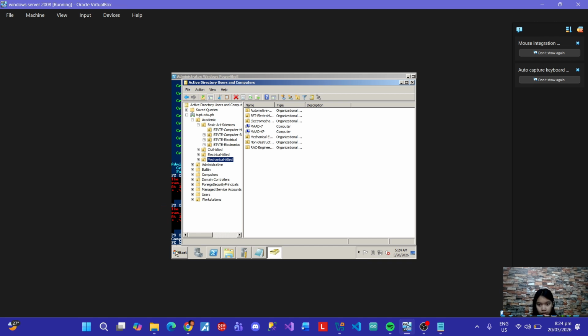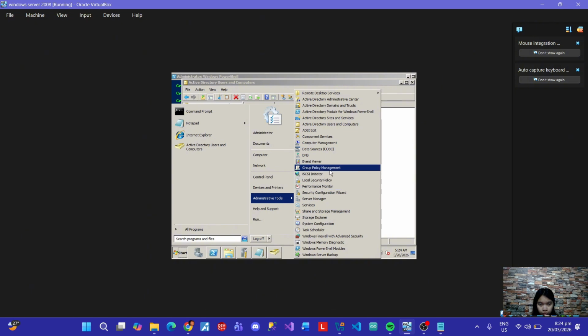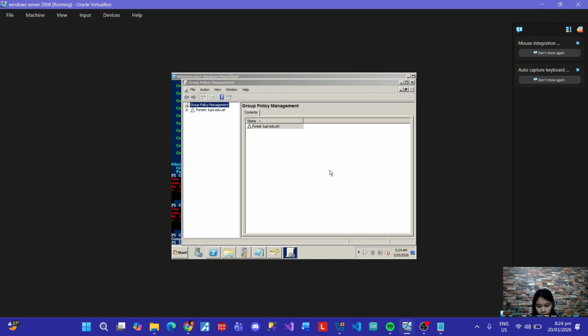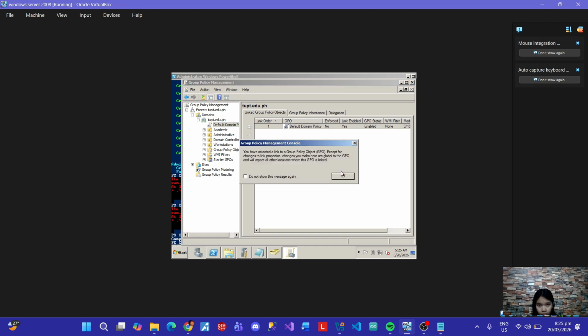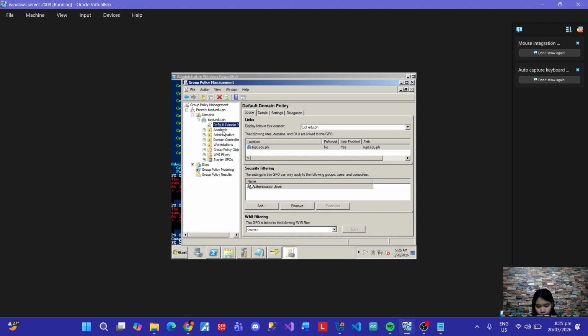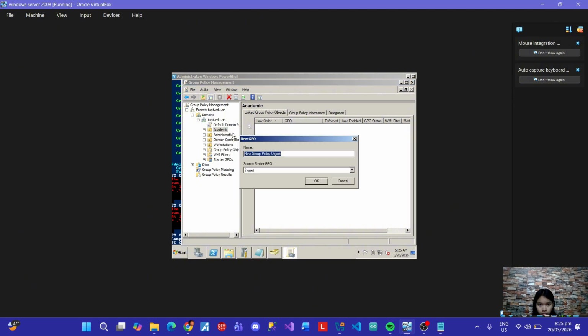So to the group policy management, we create a new GPO and name academic passwords.